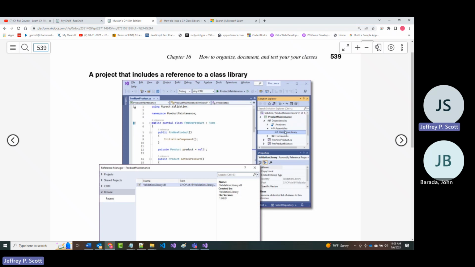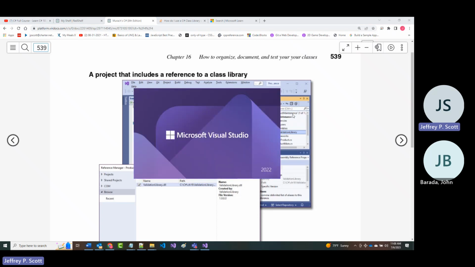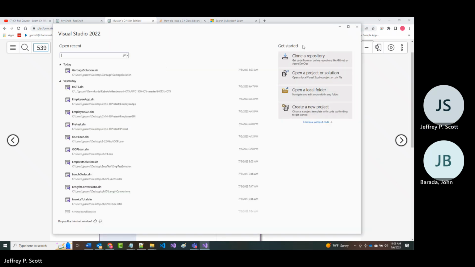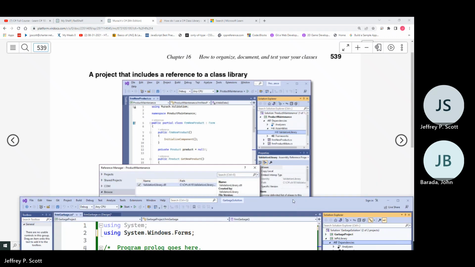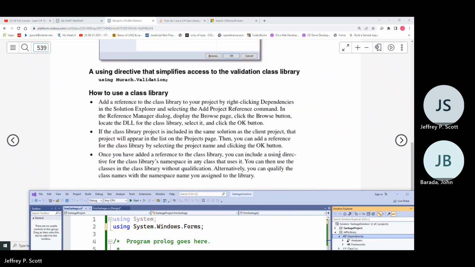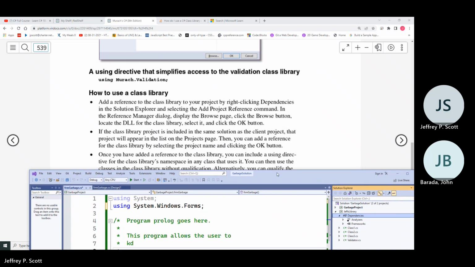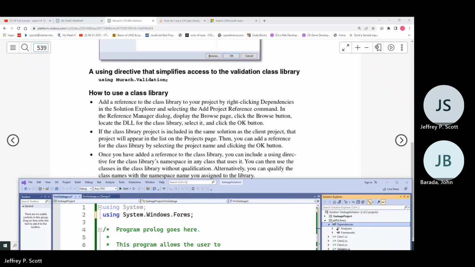All right, let's look and see if we've got that actually into our thing here. Whoops, sorry. So let's go to our project, look over here. Under dependencies, it does not have it. So I'm going to right mouse click. Choose add project reference.